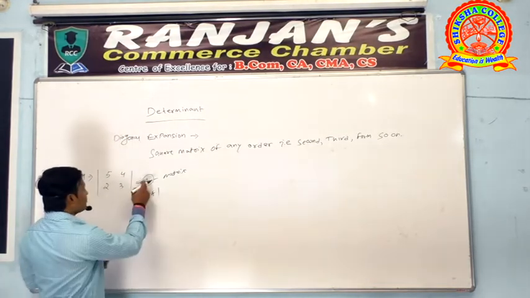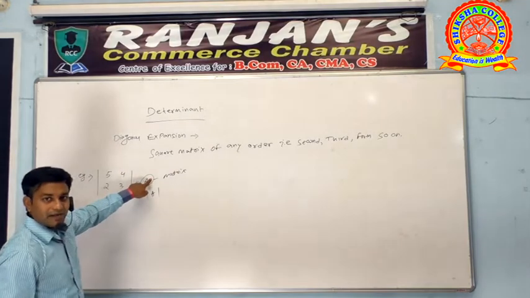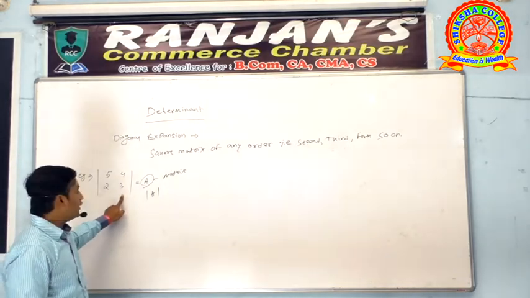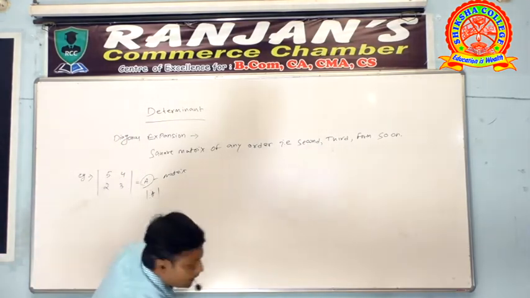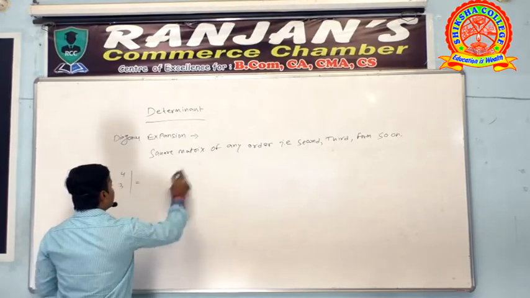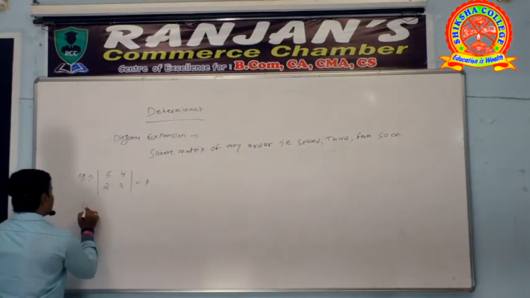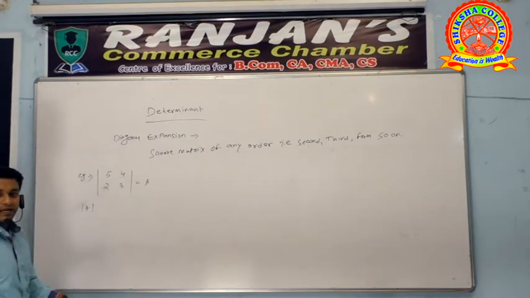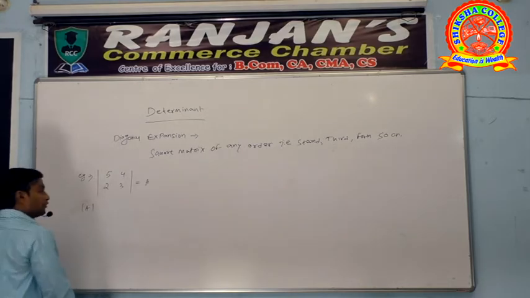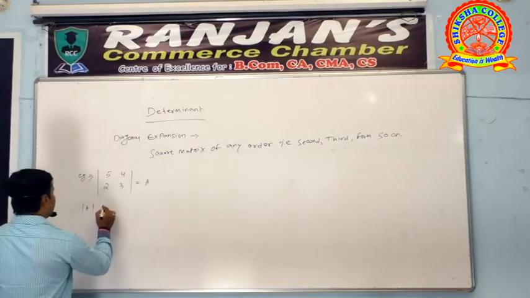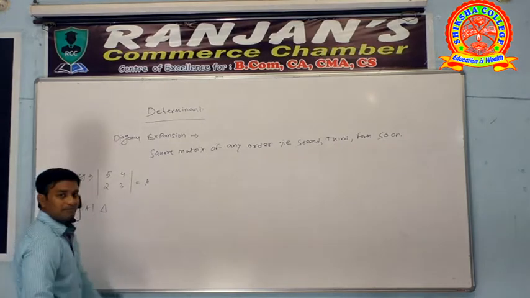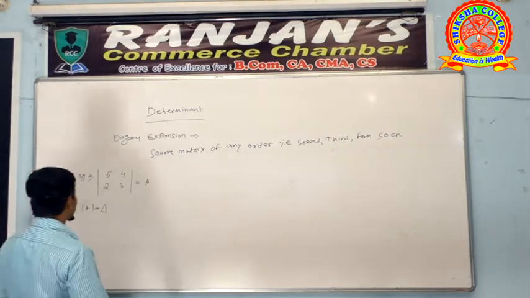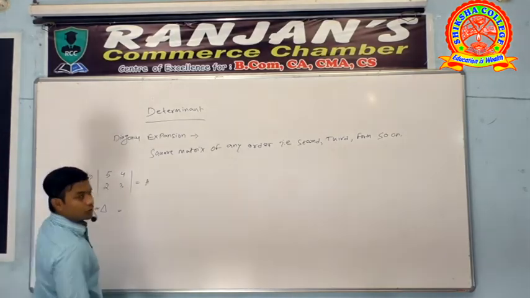Clear? In the matrix A we have 5, 4, 2, 3. Now we are going to find the determinant of A. It is symbolized as A in the bracket, and we use a symbol for determinant, that is delta. Determinant A, or we say delta, is equal to